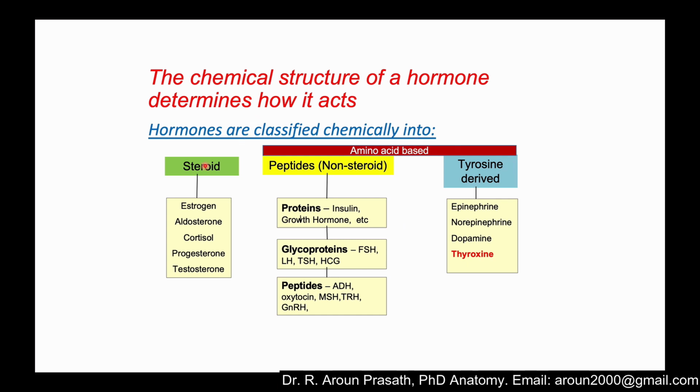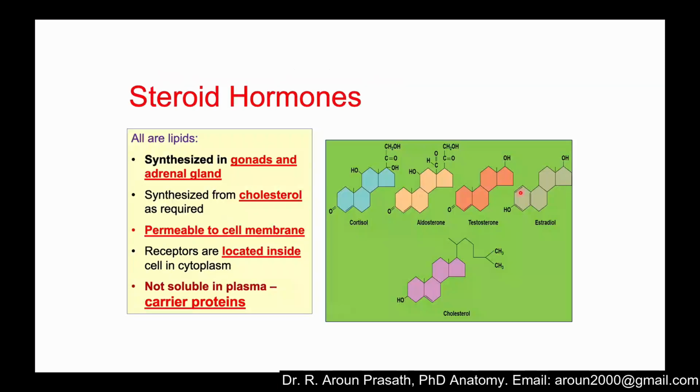So these are all the two main categories. One is the steroidal hormones, the other is the amino acid hormones. In the amino acid group, there are the peptide group and the tyrosine group. In the peptide group, the protein, glycoprotein, and peptide divisions are there. In the tyrosine group, these are all the direct hormones. Mainly you have to remember two types of hormones: steroidal hormones as well as the